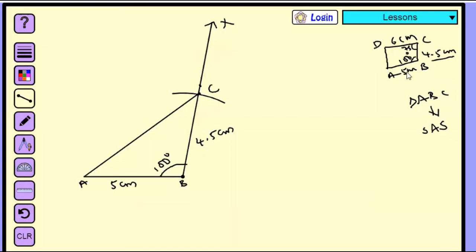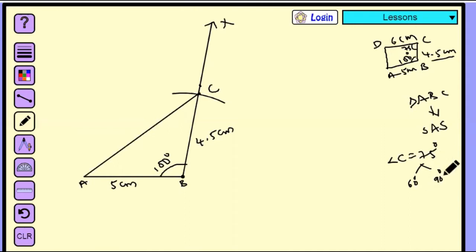Now here we are going to construct this angle 75 degrees. So how to construct the angle 75 degrees? 75 degrees is a special angle, so we can construct it with the compass. First, how will you get 75 degrees? We need to bisect the 60 degrees and 90 degrees, then you will get 75 degrees. If you bisect the 60 and 90 degrees, then you will get 75 degrees.